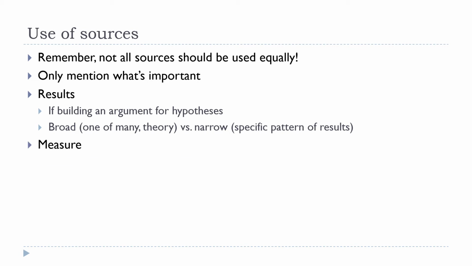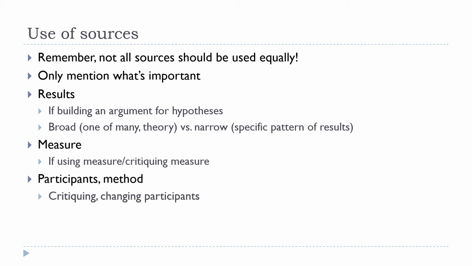You would really only mention a study's measure if you were using the measure in your own study or critiquing its use in the study that you were describing. So if, for example, you had a big beef with a certain measure and you didn't think it was a good measure, then you could say one of the challenges with the study that I'm summarizing is that it didn't use an appropriate measure, and here's why, right? So unless you're critiquing a measure or you're adapting it for your own use, you wouldn't necessarily mention the measure that someone else used in their study.